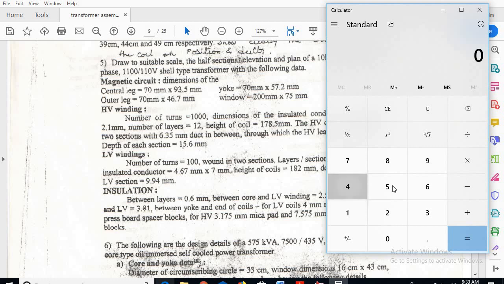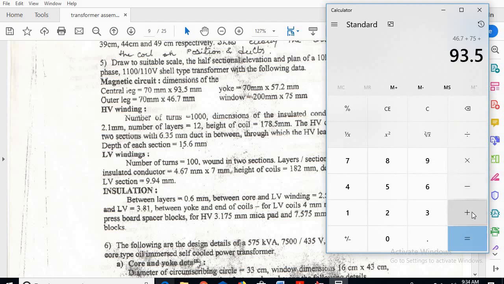So 46.7 plus, next window, height of the window is 200, width is 75, so plus 75. Next plus again central leg dimension, depth is 70, width is 93.5 mm, so 93.5.